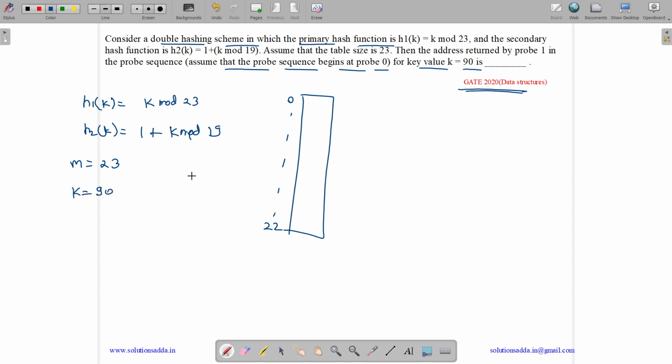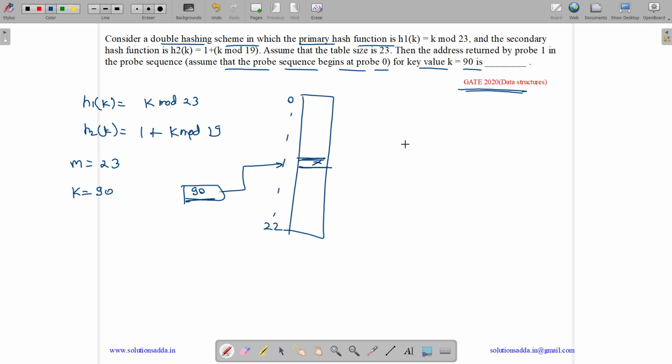So what is this question stating? We have a hash table and a key 90, and we need to find the slot in which 90 should come. But it might be possible that we are using a single hash function and we come to a position and that slot is full. In that case, we use the probe sequence to find the next available slot.